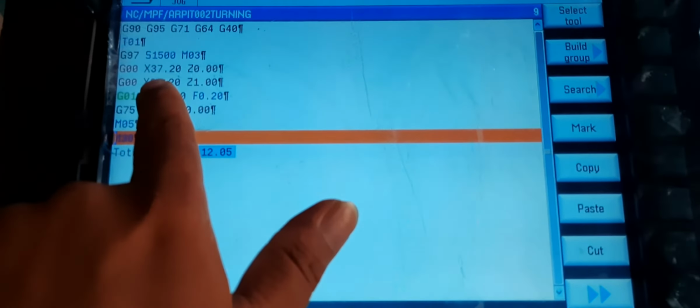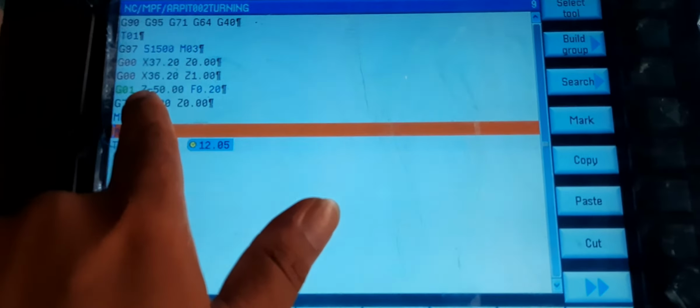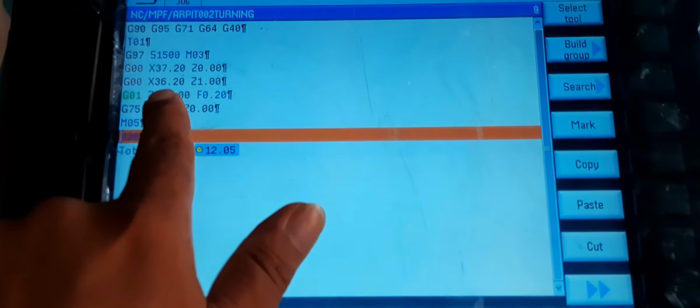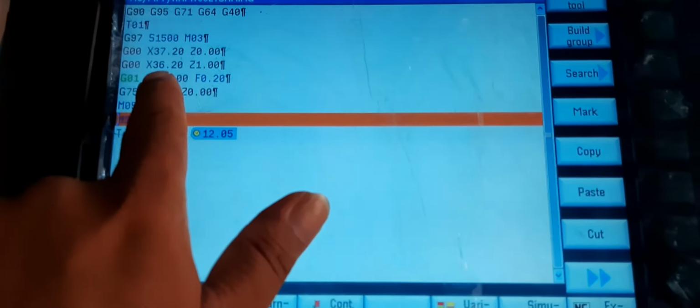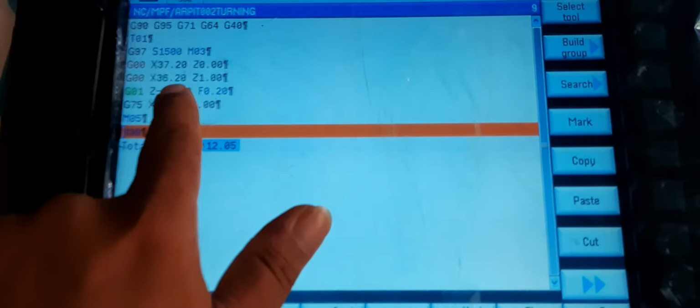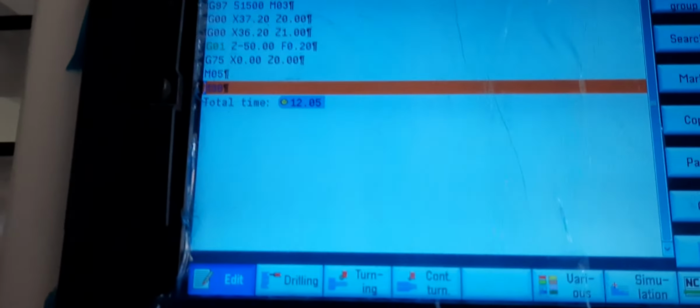The job size in the X direction is 37.20, and we require a 1 mm diameter reduction, so we require 36.20 as the job size. As per this we can feed the code into the system and start our turning process.